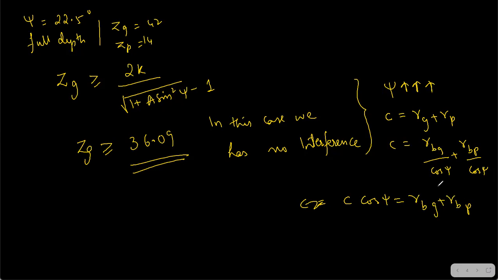So now, if you are going to increase the psi value, what's going to happen? If you increase the psi value, the cos psi will decrease, right? If cos psi is decreasing, automatically this also will decrease. Can you see that? Automatically the base circle of gear plus base circle of pinion is also going to decrease. Fine. So one of the methods over here to avoid interference. So base circles are decreasing means what?